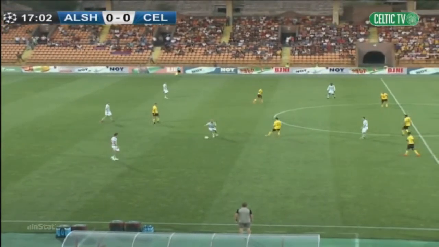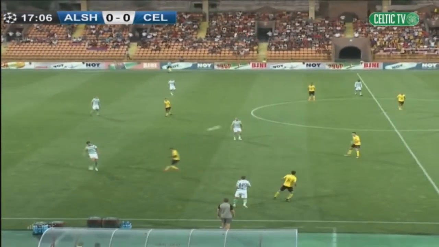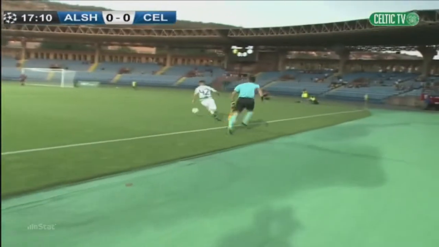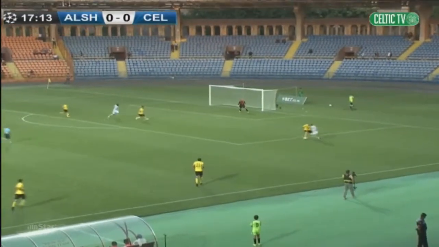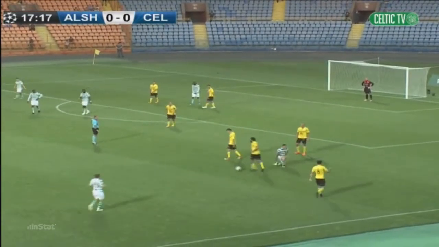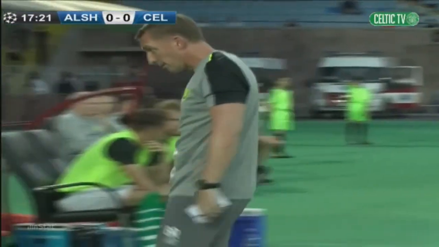Before Scott Brown takes over. Brown out to James Forrest on the right hand side. Brown back, Forrest back to Jack Henry, who plays it long, and that's a bit of an error there from the Alashkert defender, and allows Callum McGregor to advance towards the edge of the box, and it takes a last ditch challenge to thwart the Celtic midfielder, and then he's dumped to the ground by Pravsnovski,